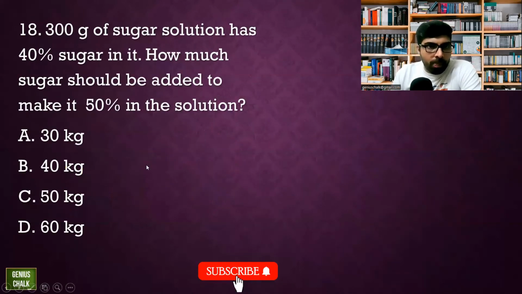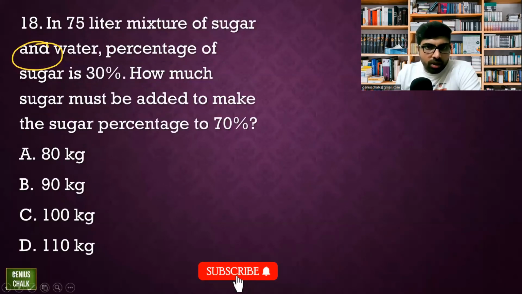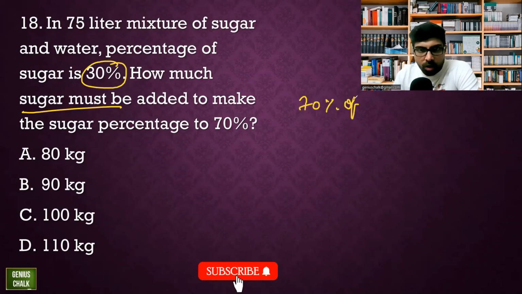Next one, same type. 300 gram of sugar solution has 40% sugar. That means there is 60% water. How much sugar should be added? So water should be same, right? In the earlier question, we can solve using the direct method also. So you are adding sugar. That means the water has to be same. We are adding sugar. So what is the water here? Sugar is 30%. So we can write directly 70% of 75 liter. That is the water. That must be equal to